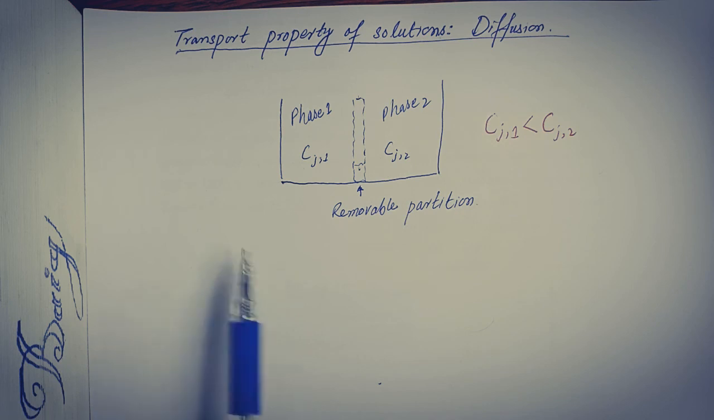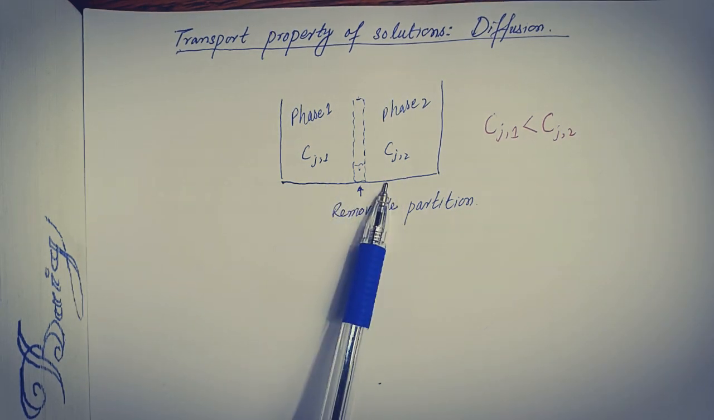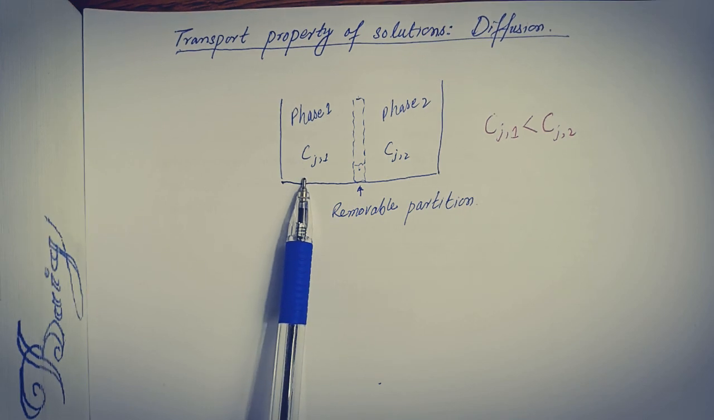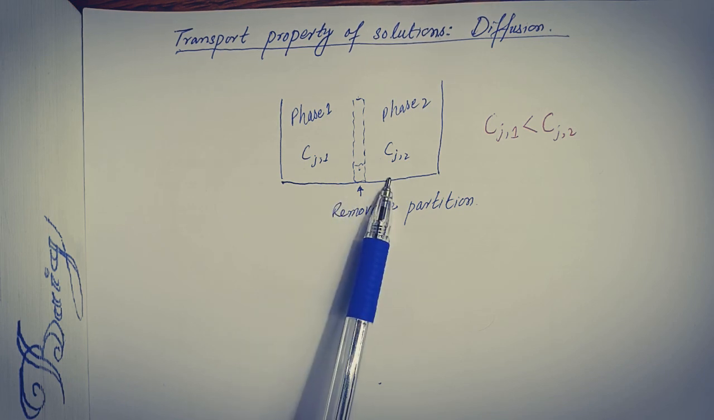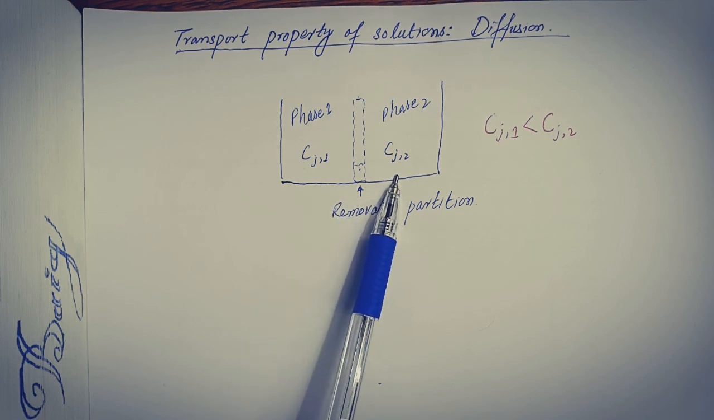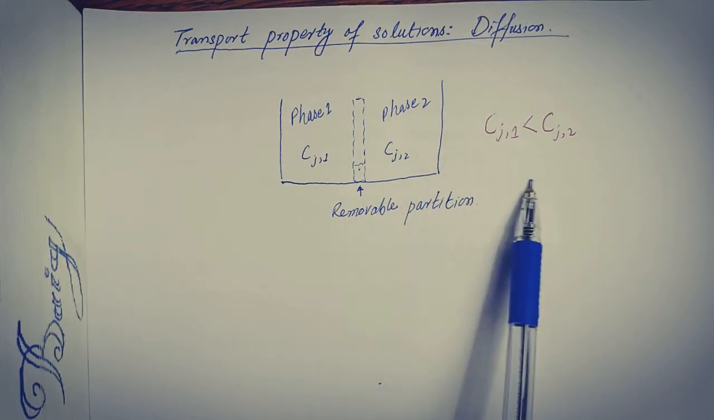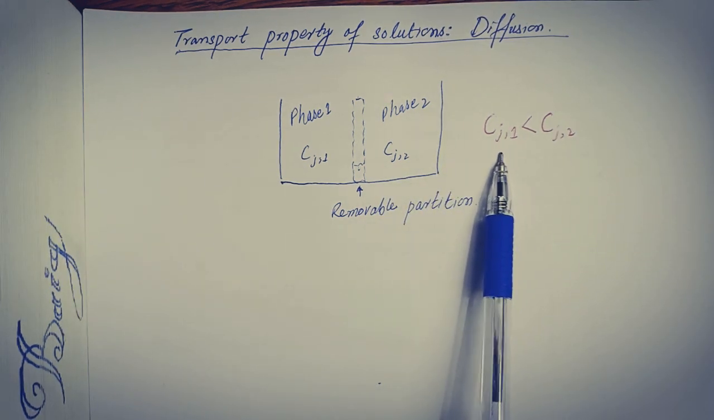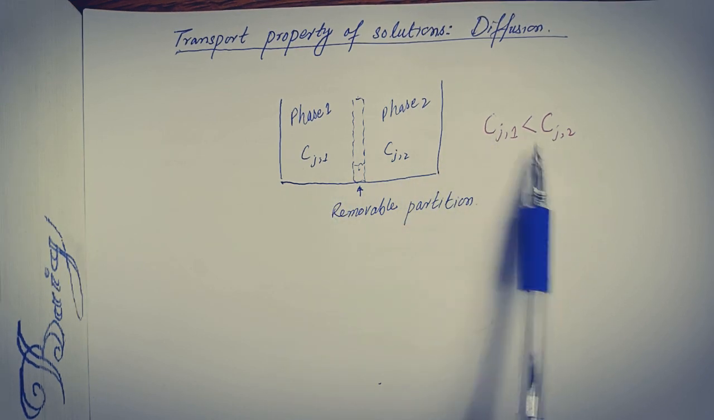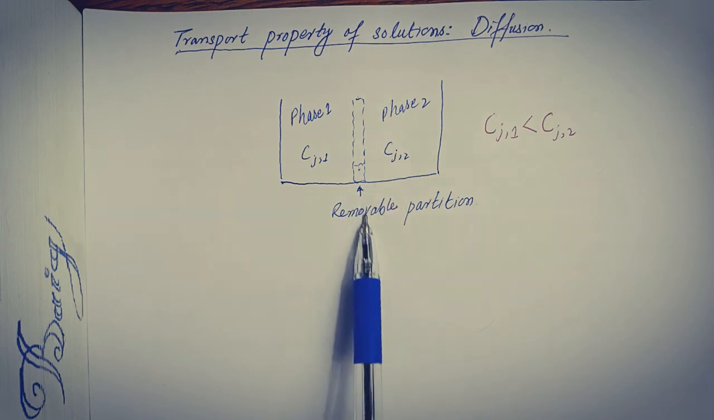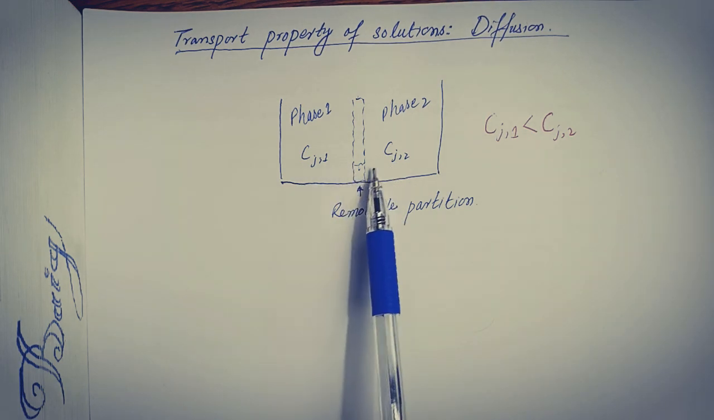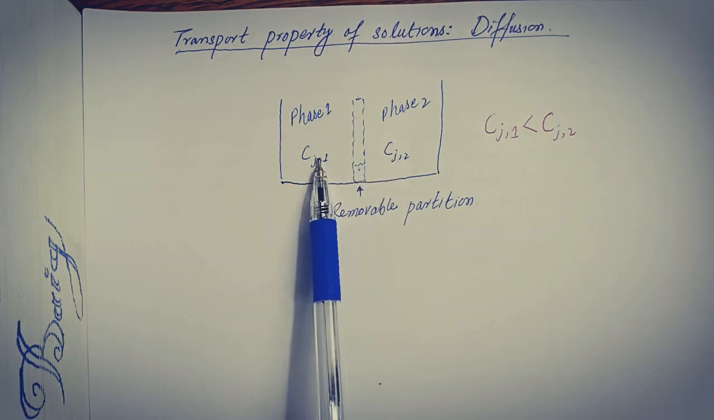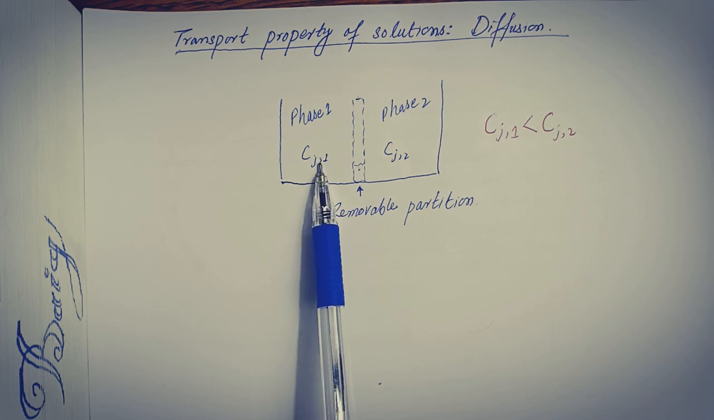For example, if we have two chambers of a solution, in which phase 1 has concentration of species J as c1 and the other has concentration of species J as c2, and if the concentration of species J in phase 1 is less than the concentration in phase 2, and if we remove this partition, then this species will tend to move towards phase 1,